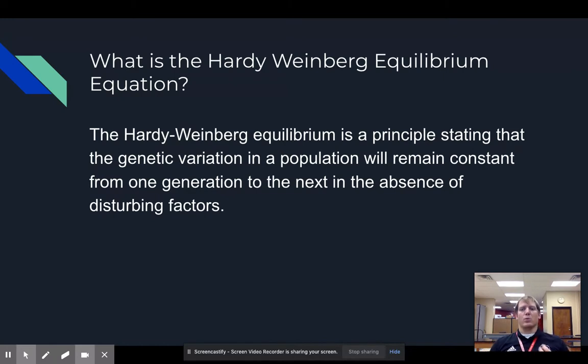Okay, so why do we use Hardy Weinberg? Hardy Weinberg is basically saying that we need to find a way to count the genes in a population. So our goal is to find out the chance that we're going to inherit one gene versus another. Okay, so Hardy and Weinberg established this equation to help us guess the probability of either being dominant